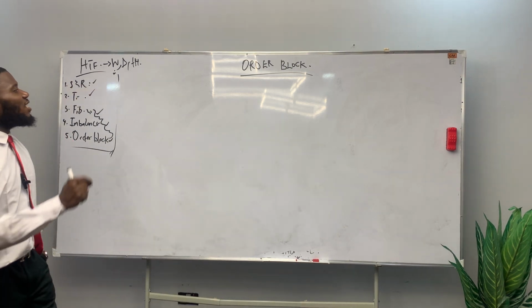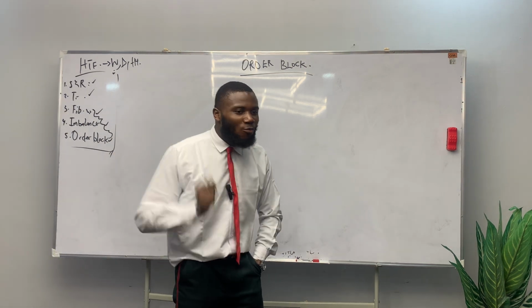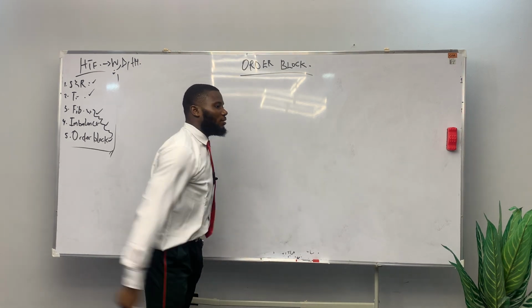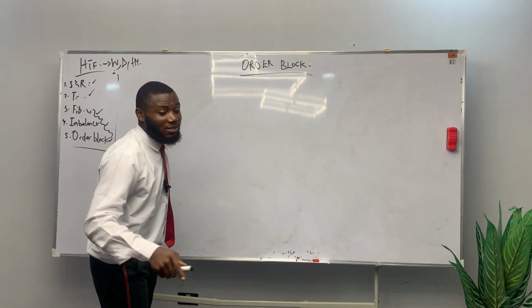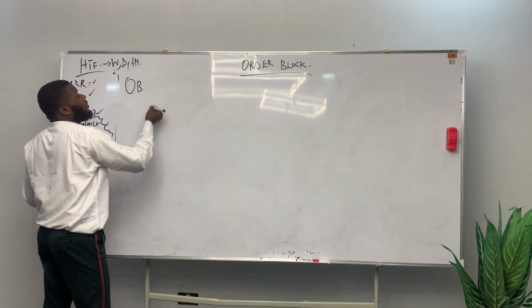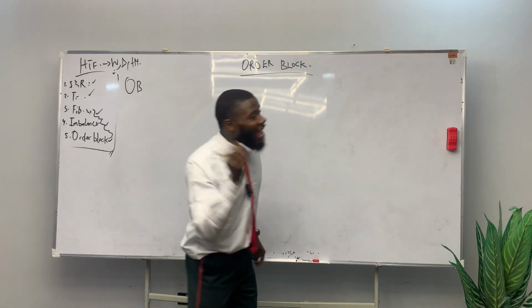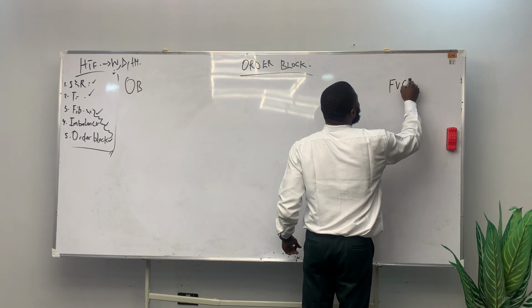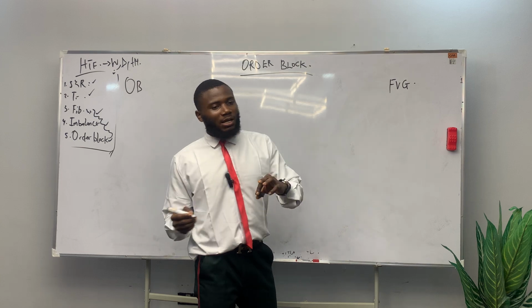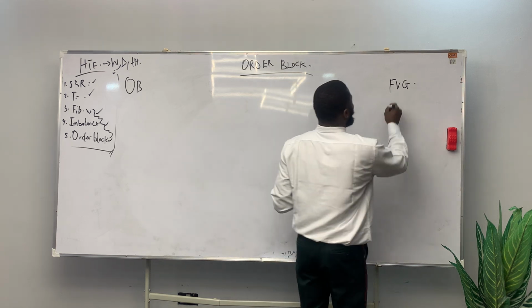So the next method you will use to know the beginning of an impulsive move is the strategy called order block. So what are order blocks? Let me use OB. Sorry, in imbalance, another name for imbalance is FVG. In some videos where people are doing analysis and posting, you will see FVG is another name for imbalance. It's called fair